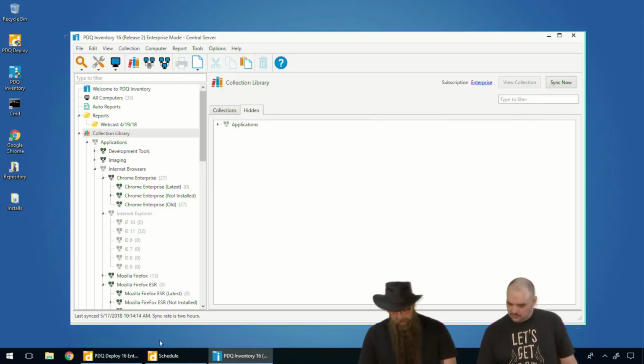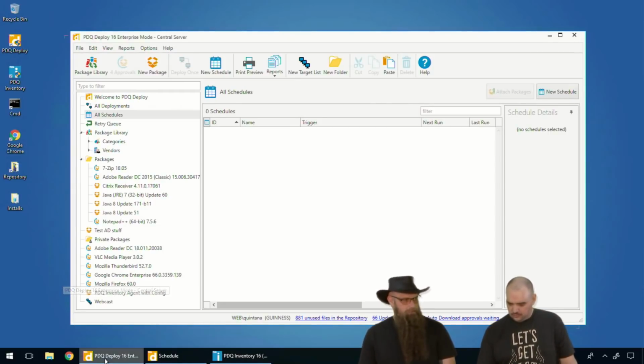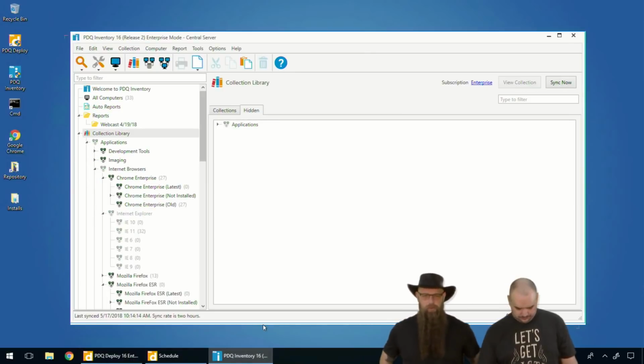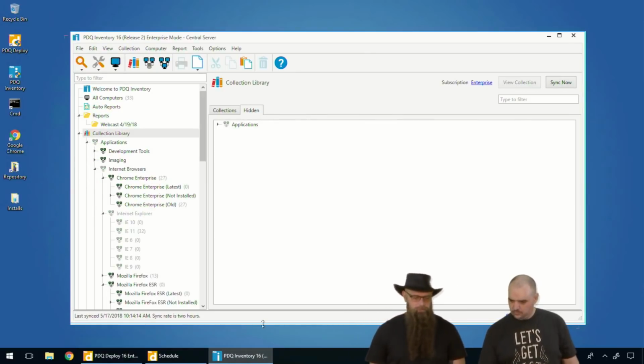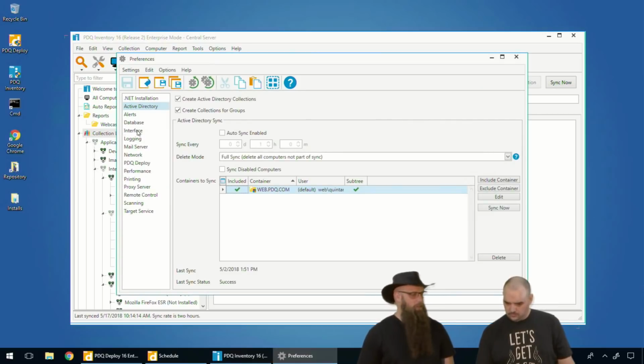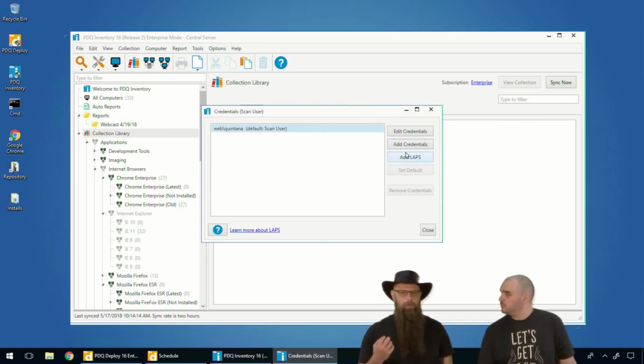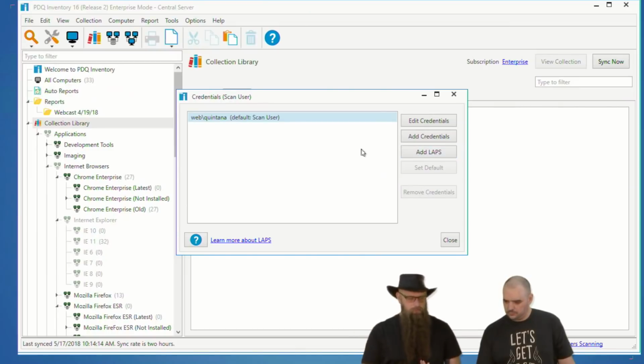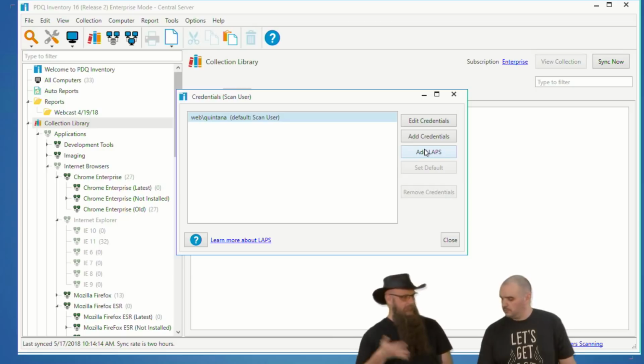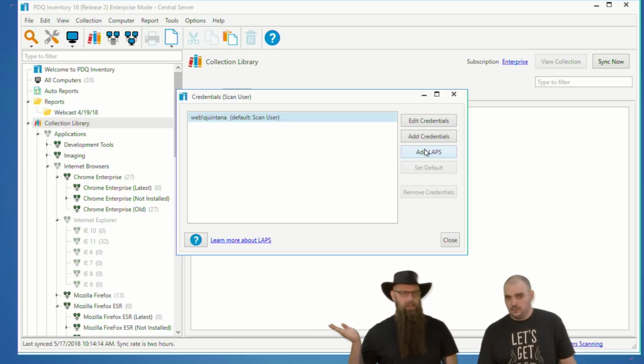Let's look at using LAPS credentials. I would like that one. A lot of you have been using LAPS. This is something that's definitely a service that Microsoft highly recommends. It's where you want to use the local administrator account for your deployments, but you don't want to set the same password across machines, because pretty soon that gets out in the wild and half your users know what that is. LAPS is a way to just have Active Directory